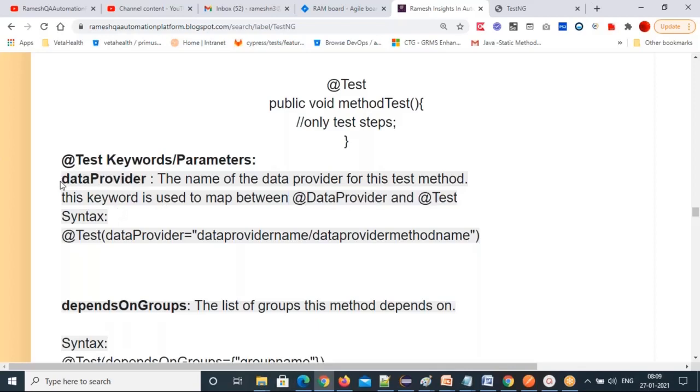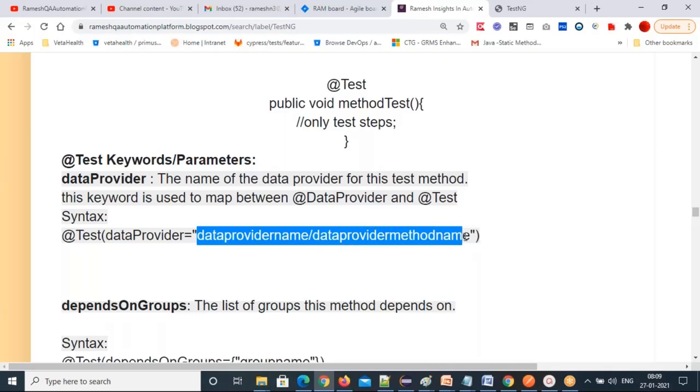See, data all lowercase, Provider with capital P, no space. The syntax is @test(dataProvider = "data provider method name"), or you can pass the data provider name. So that's how you can use the dataProvider keyword.